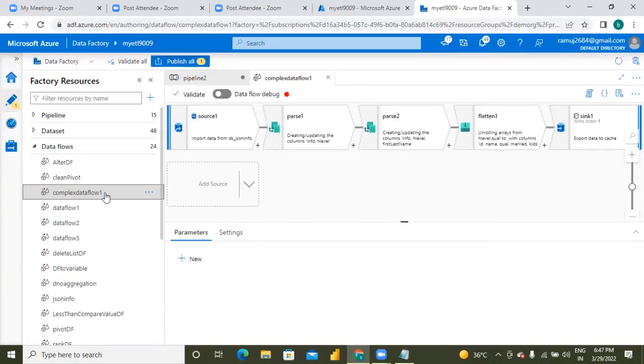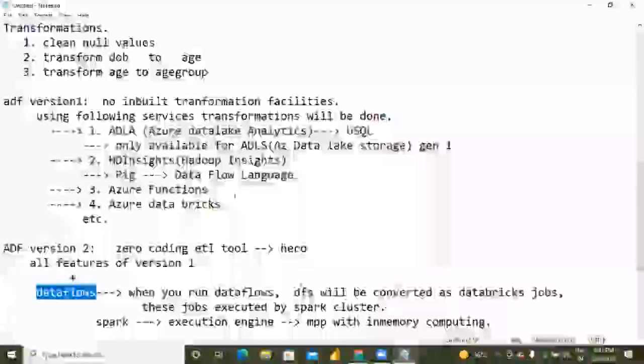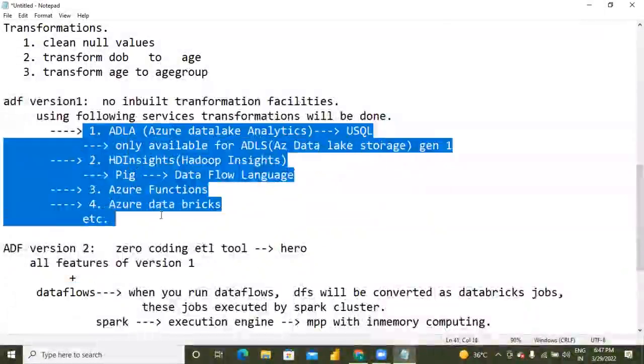No. Extract, load, and then transform. Transformation is to be done by data flows. Extract and load are done using the core pipeline activities of ADF. They are available in version 1 and also in version 2. Of course, in version 2 there are one or two additional activities. But for transformations in version 1, to perform them they had to use external stuff like this. There is another way.